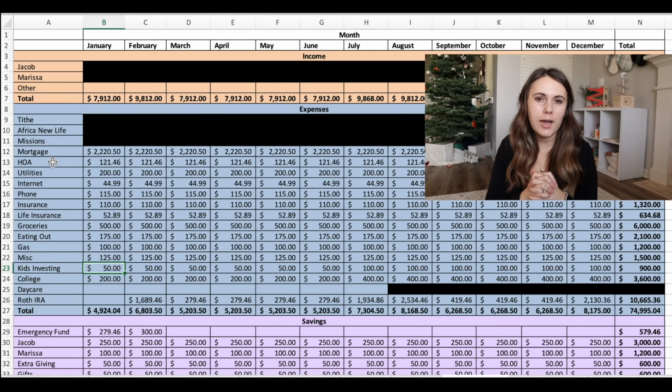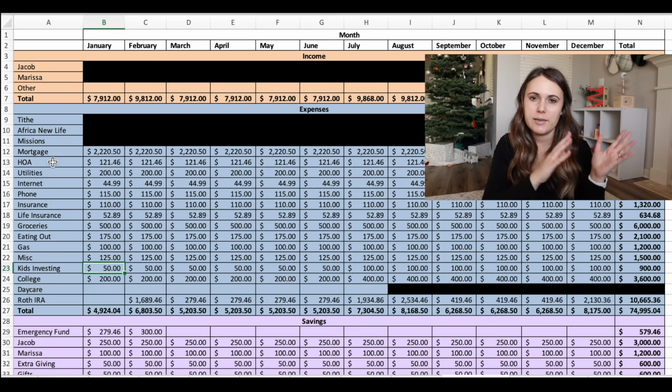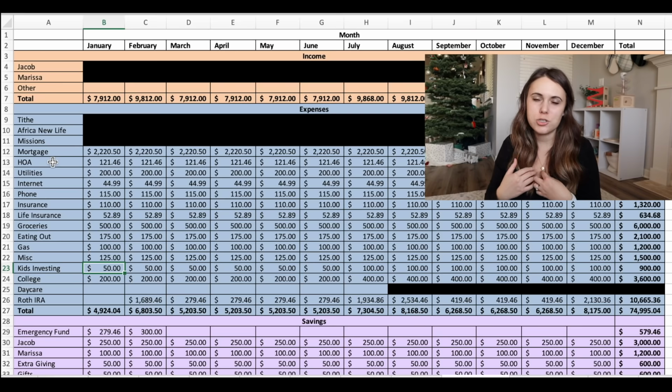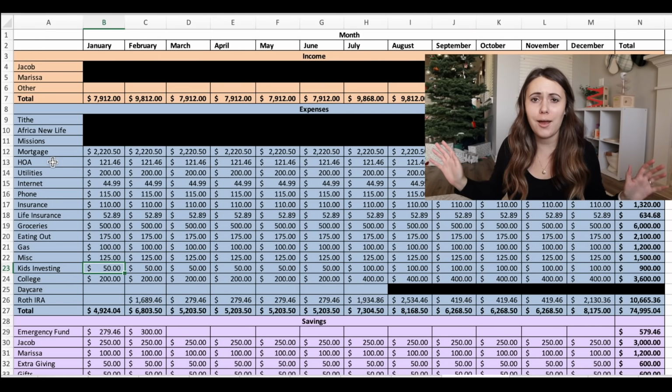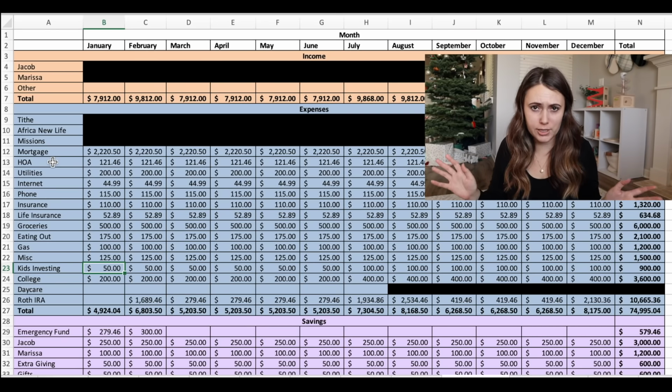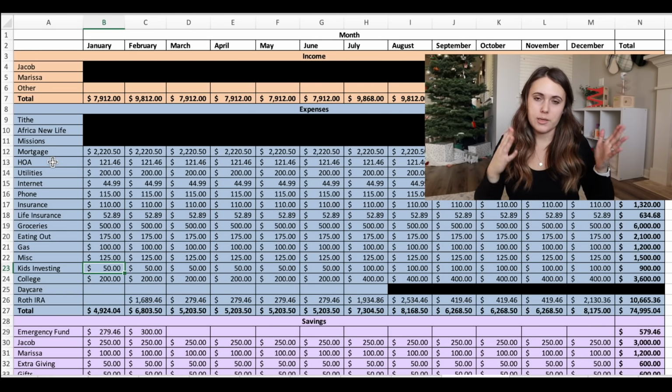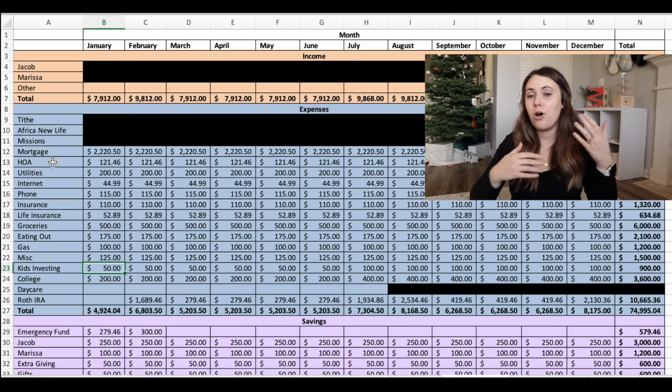So I'll leave a link down below to an article that I found helpful in saving for kids or investing for your kids, and the pros and cons with different methods that you choose to go. But this is just why we've done this personally, not an investment professional, not a financial advisor, but just for us personally. Anyway, so we are saving $50 a month into this account that then is hopefully going to continue